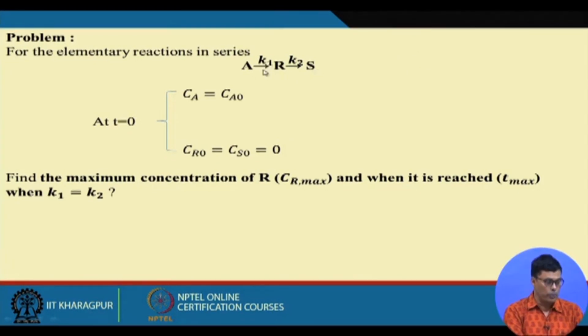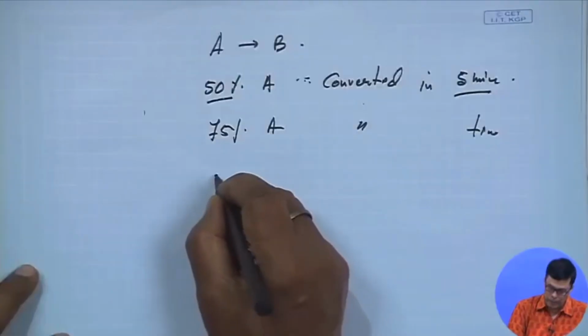So we have two rate constants, K1 and K2. Now what we have to find out: at t = 0, Ca equals Ca0 and Cr0 equals 0. We have to find the maximum concentration of R, and when it reaches Tmax, when K1 equals K2. So what we are basically looking for is